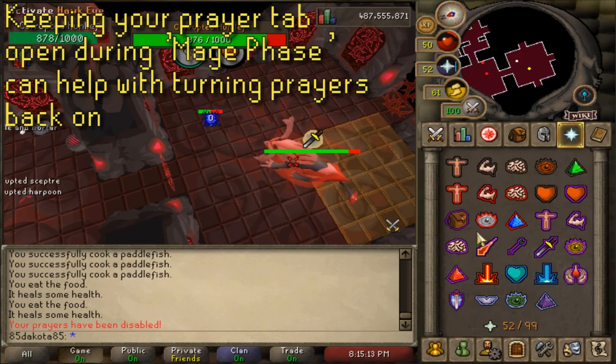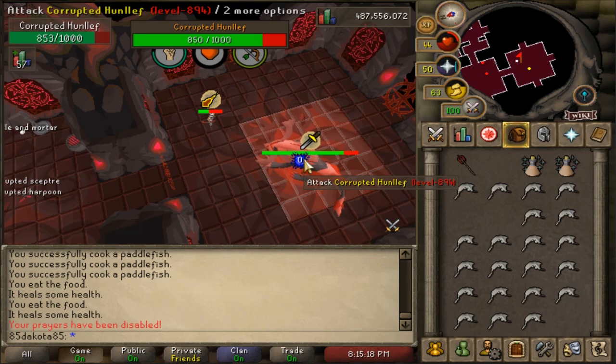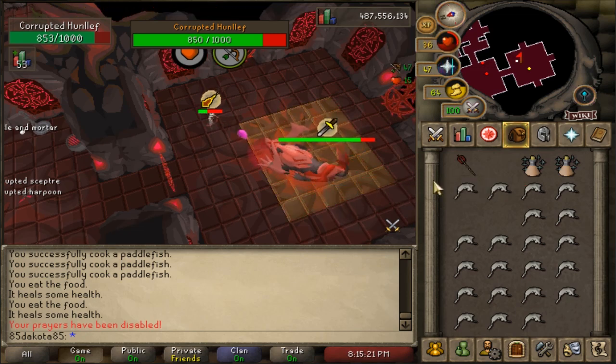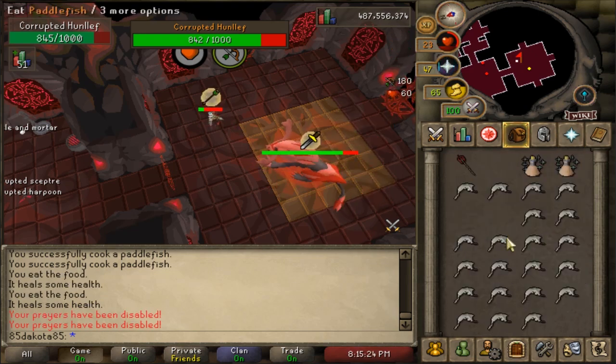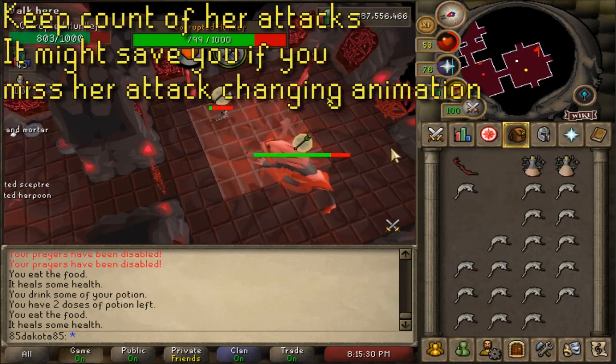If you're quick with your F keys and you know where your prayers are, then you do have enough time to just react to the prayer disabling attack. But if you're learning the Hunllef fight, or even just late in the fight if you're a pro, things can get a little bit hectic, and you might be late on turning those prayers back on if you are focused on other things. Even though the Hunllef has an animation to show you that she is switching attack styles,